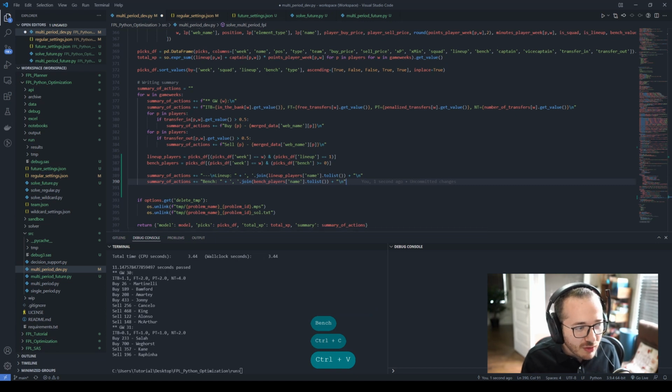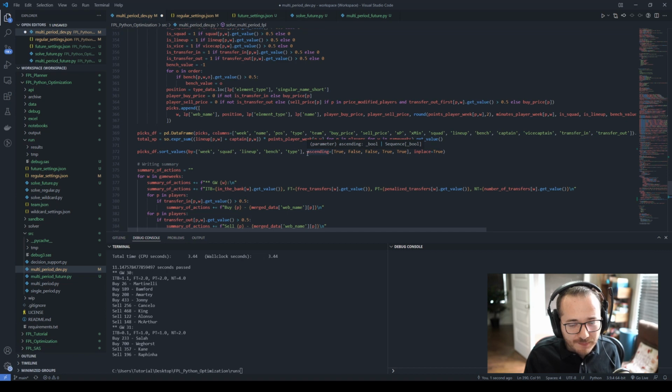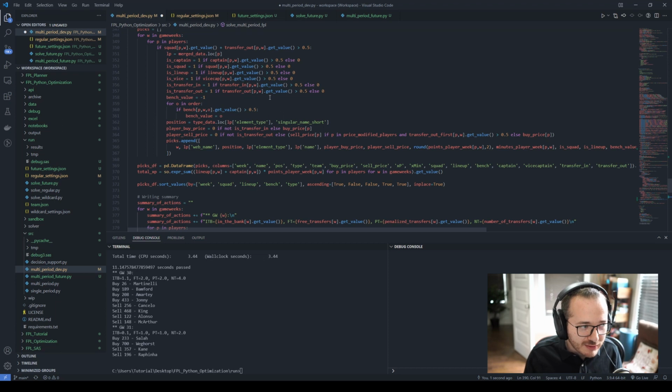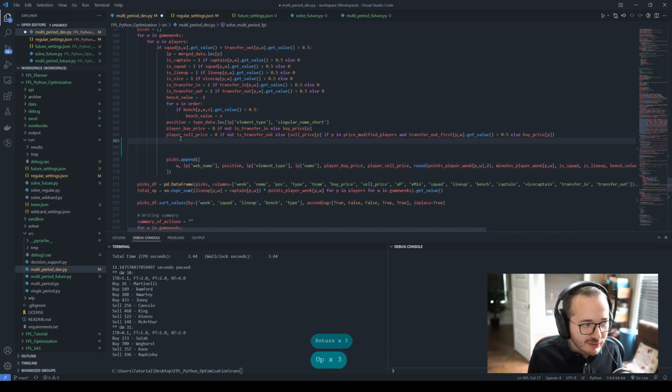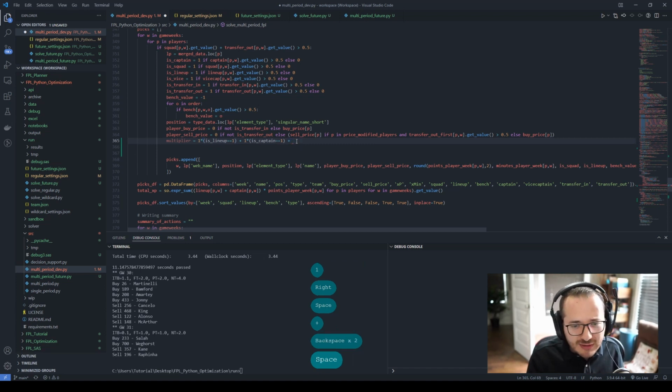While we're here, we can also add players and their information about the expected points they are giving us. So after this player's sell price, I will add this. I will say multiplier is equal to 1 times is lineup equals 1 plus 1 times is captain equals 1. So it will be 1 for lineup, 2 for captain, and then you can see where I'm going with this,